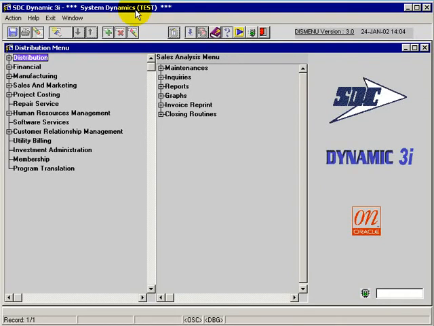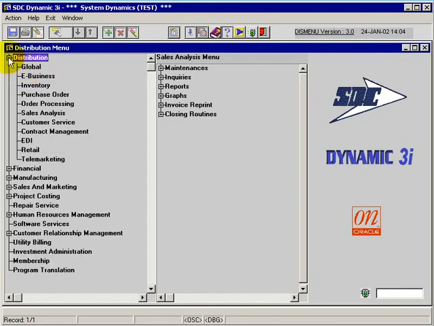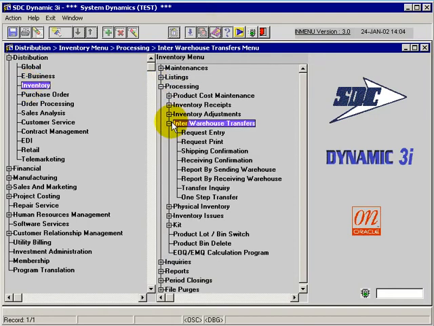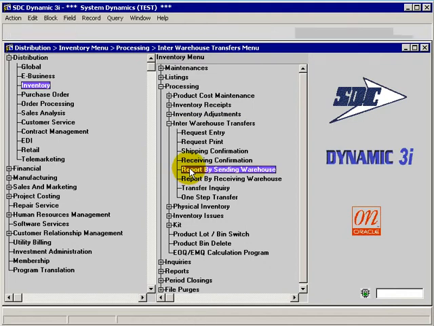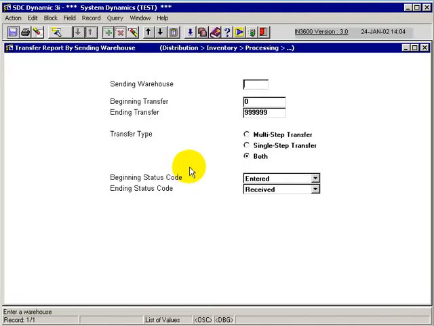In this application we're going to cover the interwarehouse transfers report by sending warehouse report. Under distribution, within the inventory module, under processing and the interwarehouse transfer functions, we go to the report by sending warehouse. And what this report does is, by sending warehouse, it can give me a report of all transfers